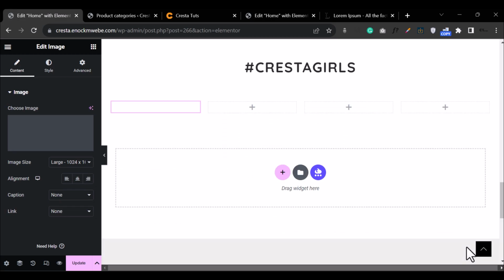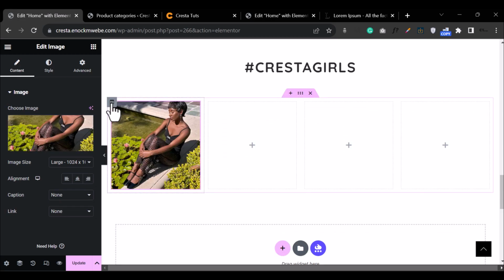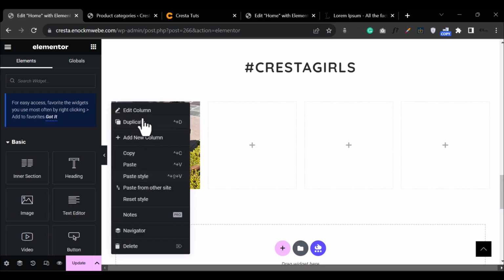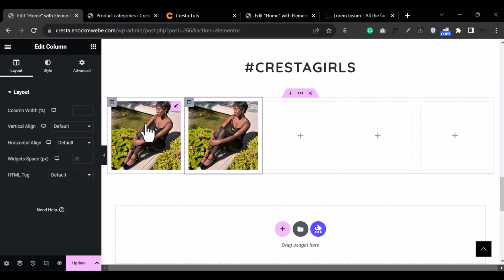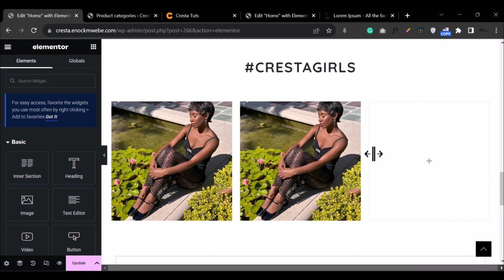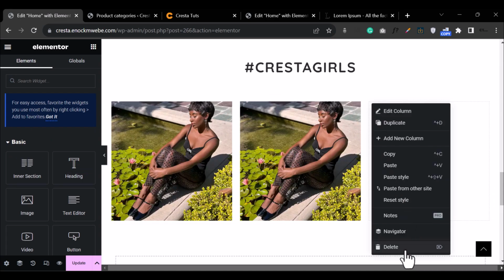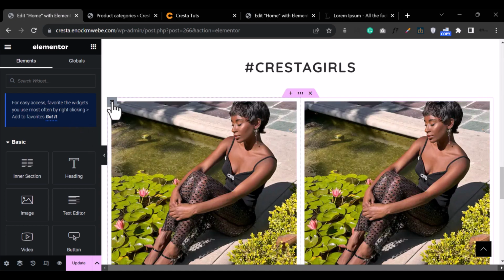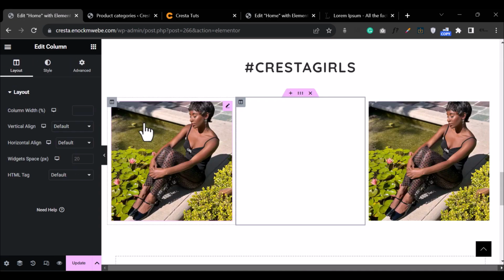Okay, and what I should do probably is to duplicate them. I think it's easier, so I'll delete these columns that are empty. So you only have to right click on the column, and yeah, so I'll duplicate this